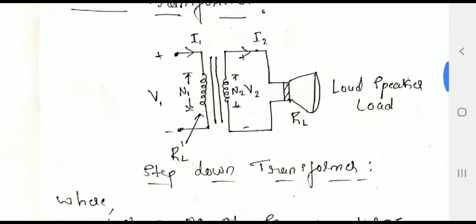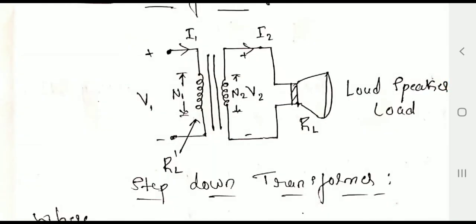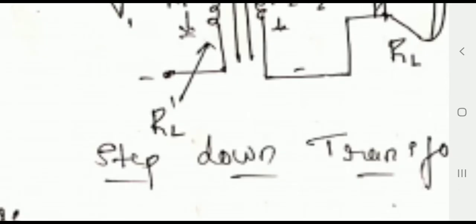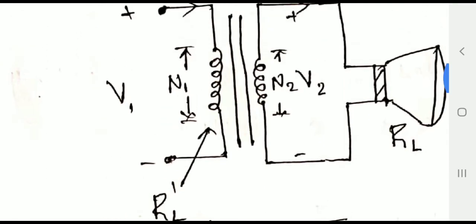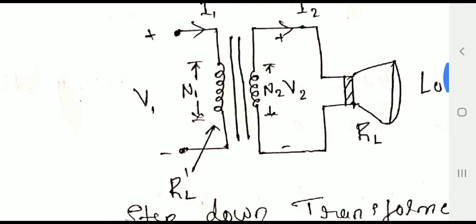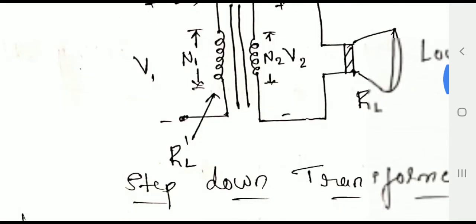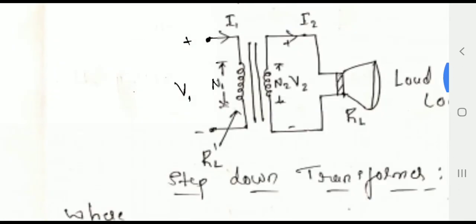across the primary winding. RL is the load from the loudspeaker, which is across the secondary winding, and this RL will be reflected back at the primary winding as RL dash, as shown here. This is the resistance which is reflected back at the primary winding of a step down transformer. Now we will find this RL dash in terms of the turns ratio and the load resistance RL,